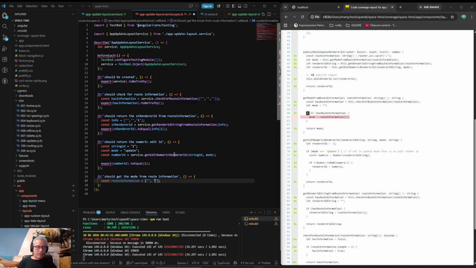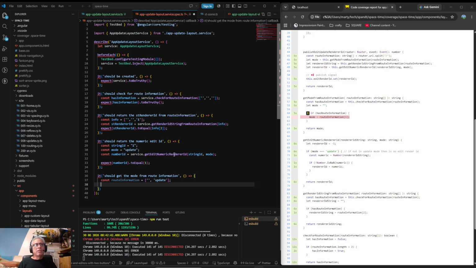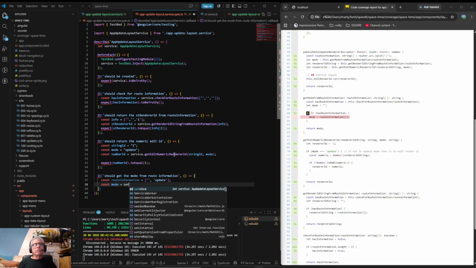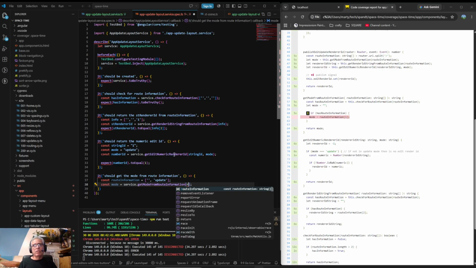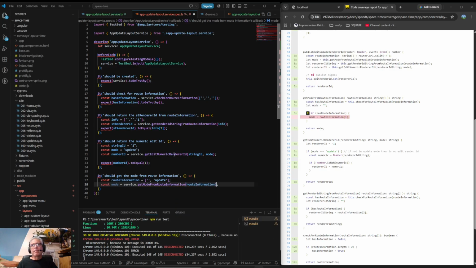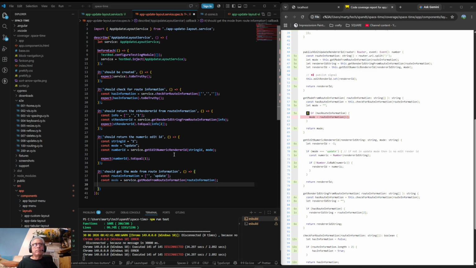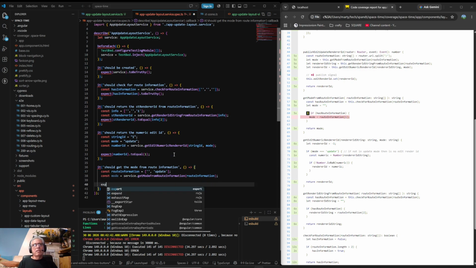We'll just do that. I guess we'll call it update. That'll probably be helpful in the future. And then const mode is equal to service dot get mode from route information. And we pass it in our route information. And then expect